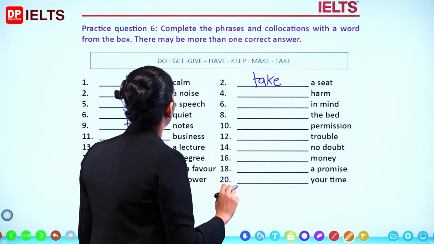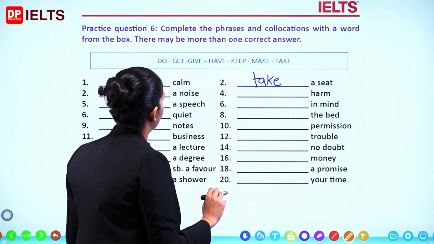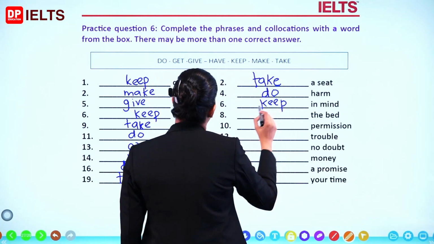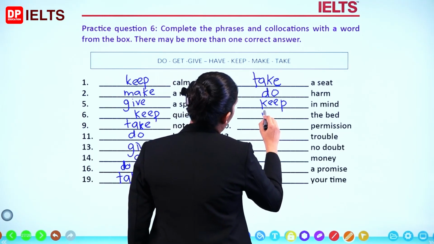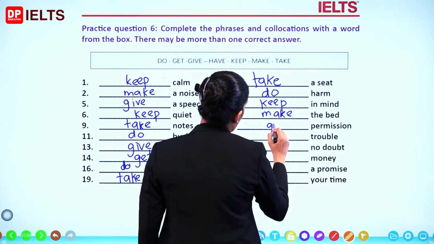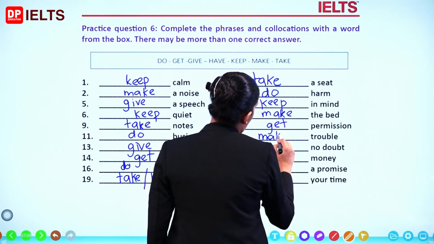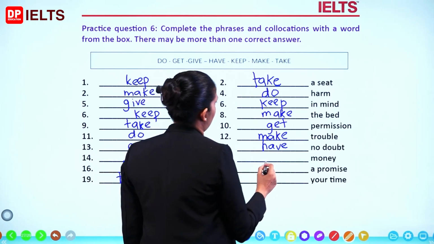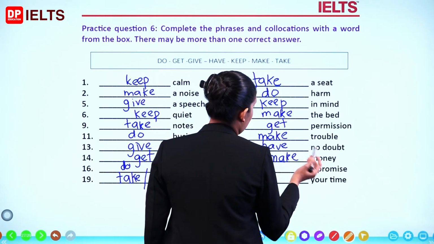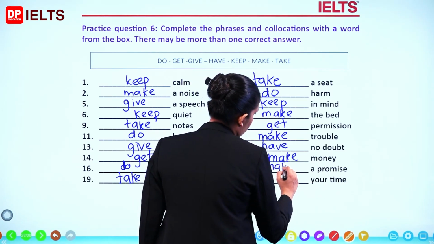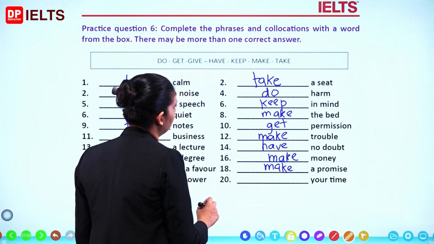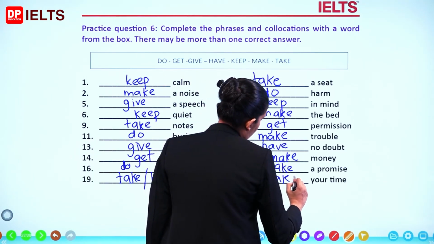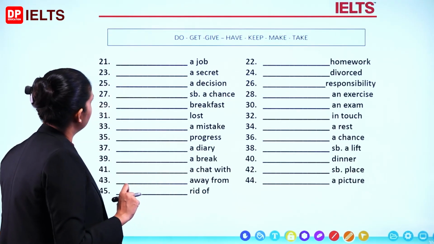Okay. Do harm, keep in mind, make the bed, get permission, make trouble, have no doubt, make money, you can say take money, make a promise, right? Take your time, right? Do a job,